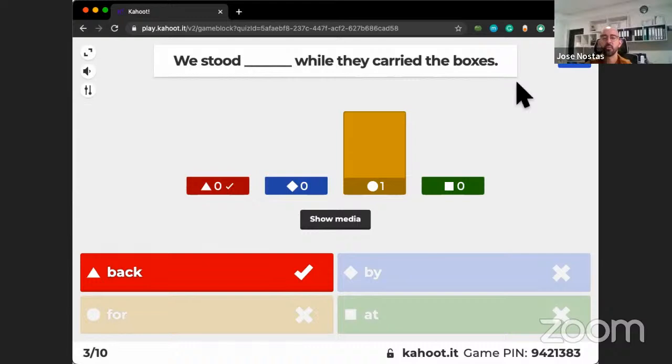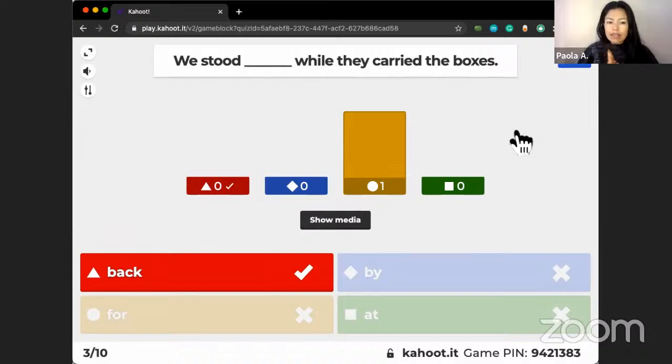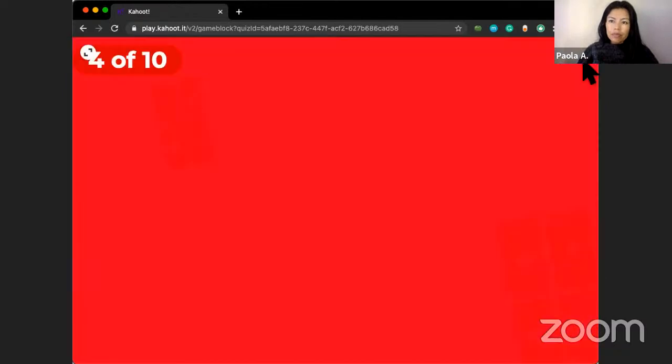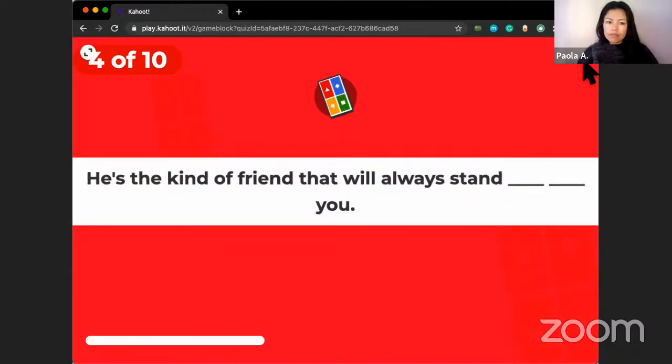No, stand is related with being there. No? Being present, but they stood back. They were there, but they weren't doing much. They were looking from behind. They stood back. That way, it's back.